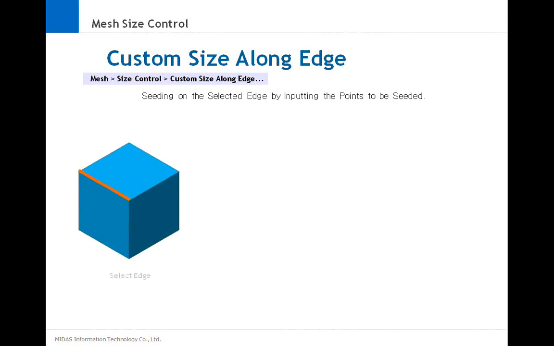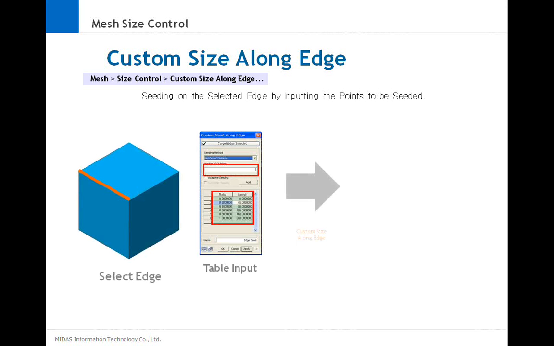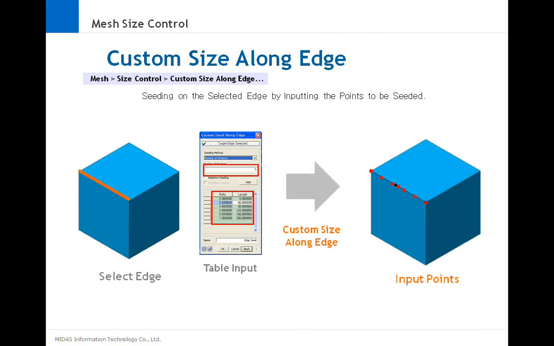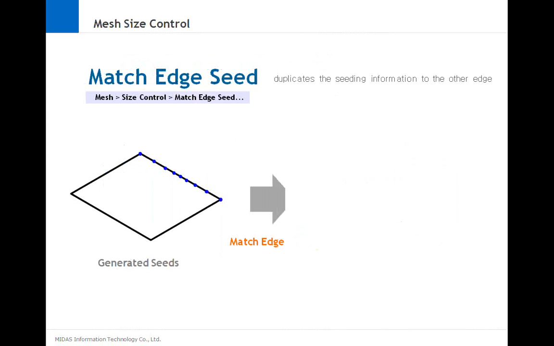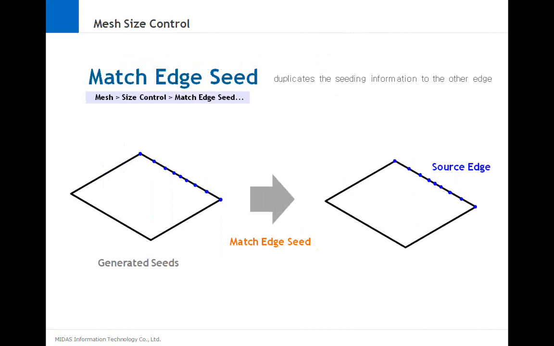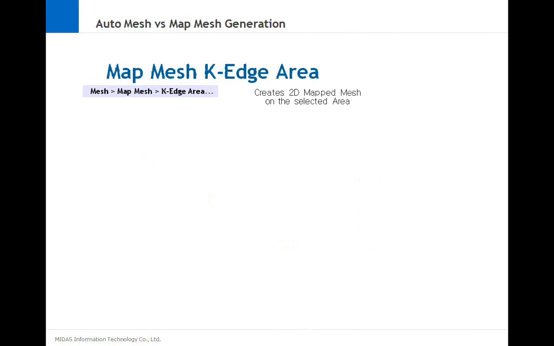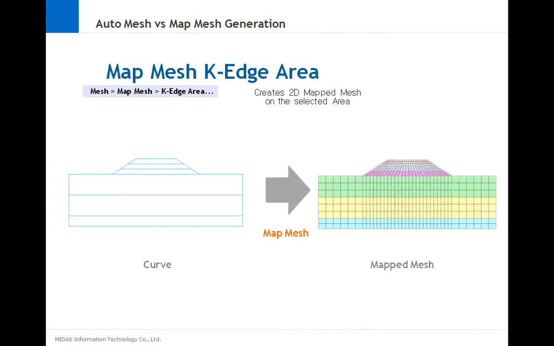Or you can also custom your size along the selected edges. You specify the distances you require. Then from an edge on which you have already done the size control, you can match edge seeds using the match edge seed function. You just specify the target edge and the source edge. After you have done the size control, now you need to do the map meshing. Using map mesh key edge area, you can map mesh the whole solid using